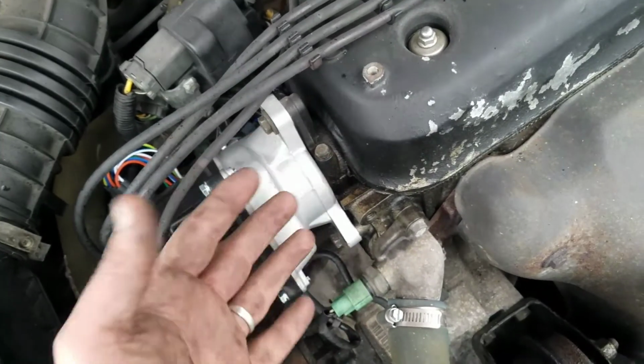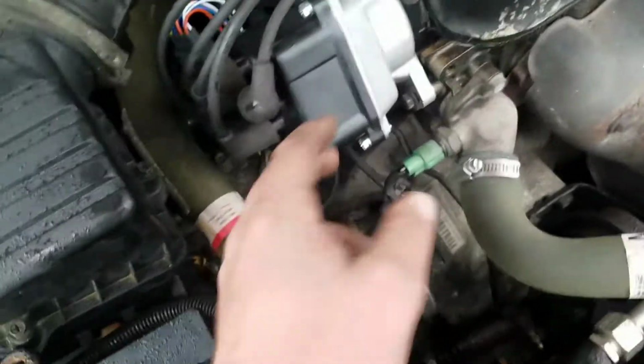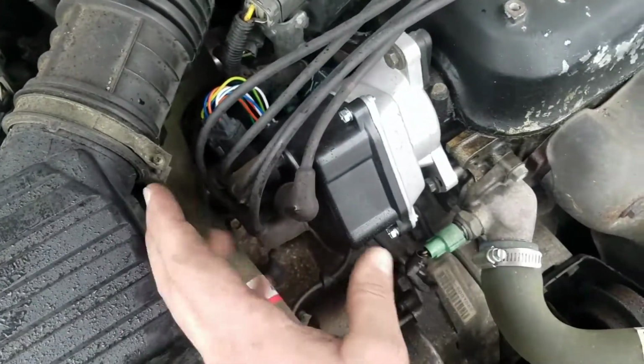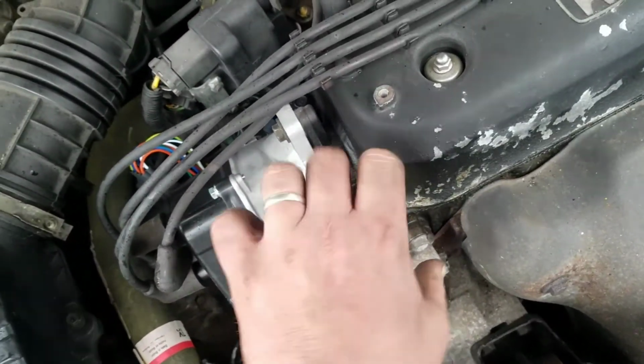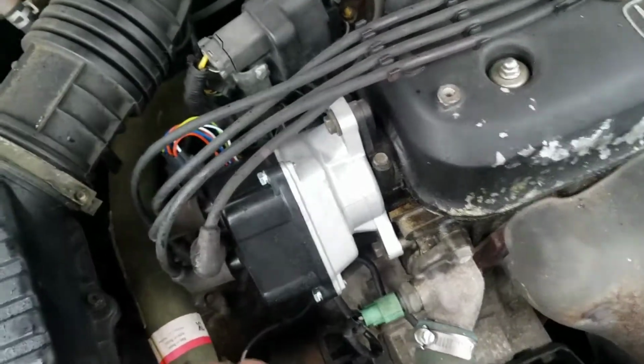And you can just make a mark on the new distributor and get it about where the old one was. Basically, you'll just take those bolts out, you'll take the wires off, and again, remember where they go. And then there'll be a little seal in there. When you pull it out, a little bit of oil will come out, but that's not that big of a deal. So I think you got this electrical